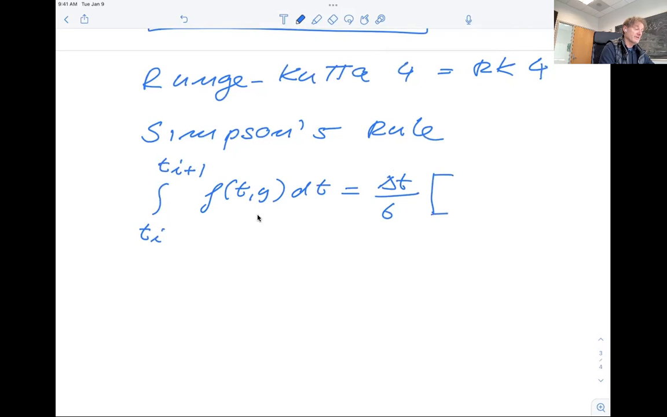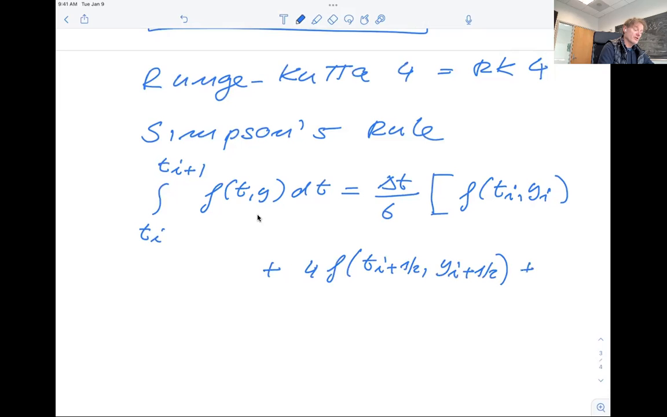And it contains the function value at the initial point, t_i, y_i, plus 4 times f evaluated at the midpoint, t_{i+1/2}, y_{i+1/2}, plus the function evaluated at the endpoint. And you see clearly now that we don't have the function at the endpoint, and we don't have the function